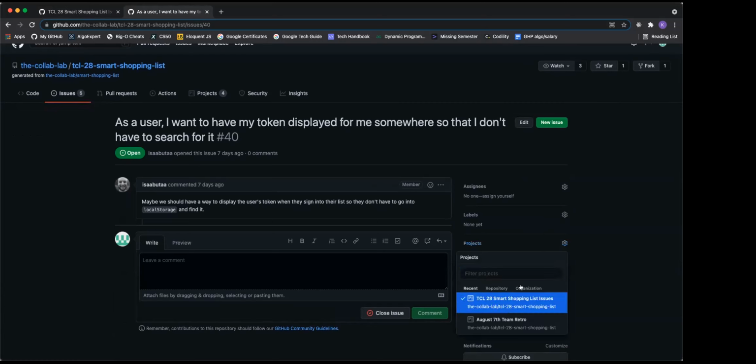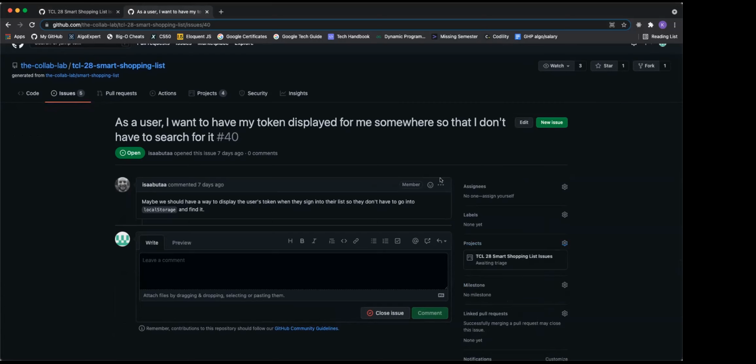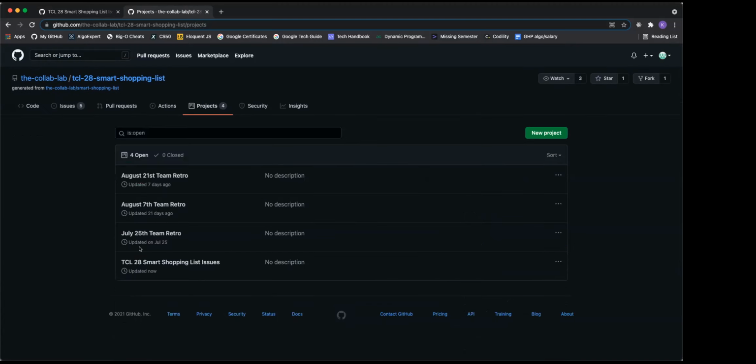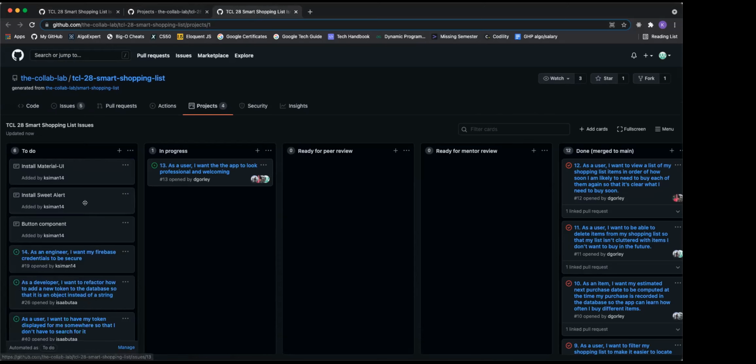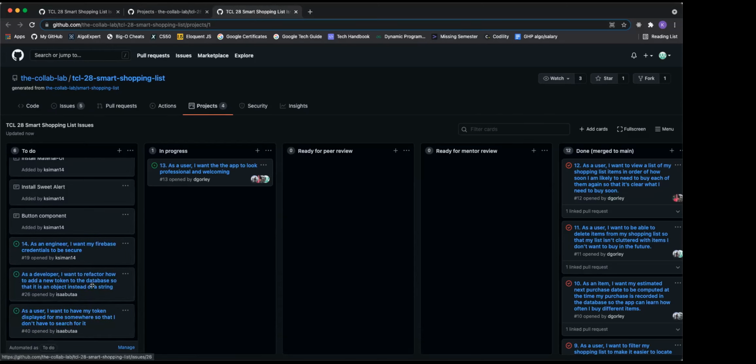Oh, sweet. I wish there was a way to just add all of the new issues to this. Just select them all and then add it. That's the part that always trips me up. Yeah. Okay, cool. So now that's here. I'll move it up.